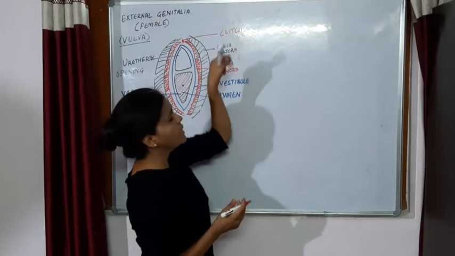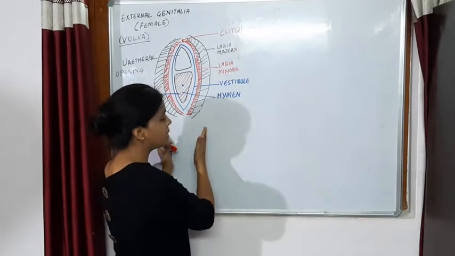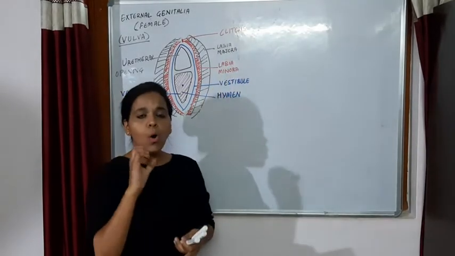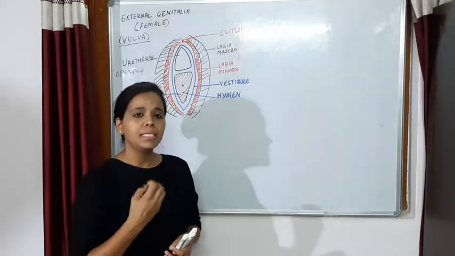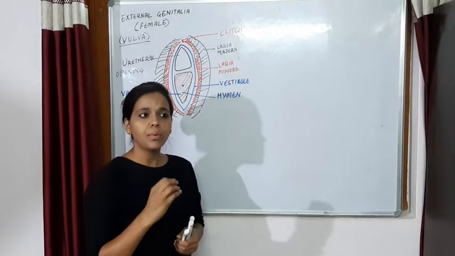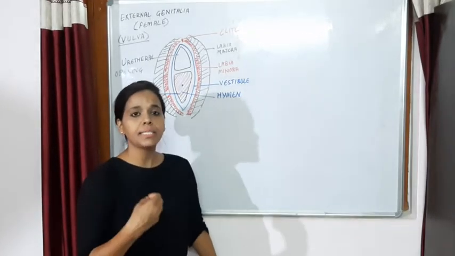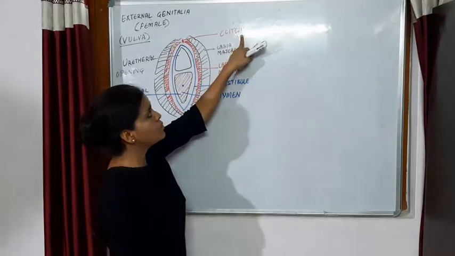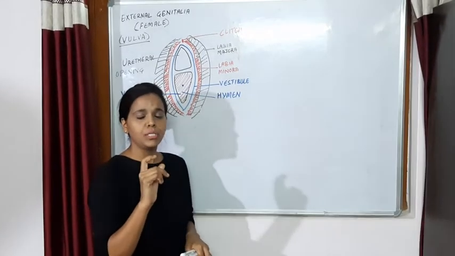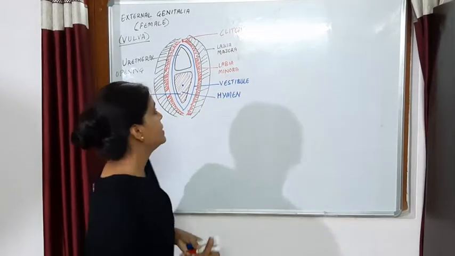The thing related to the clitoris is that when we compare the external genitalia of a female with a male, we find that this clitoris also shows the presence of cells similar to the penis, right? And it also shows the process of erection. As the penis is erected during sexual excitement, this clitoris also shows the sense of excitement and is erected in position. So we can say it corresponds to the penis in case of a male.